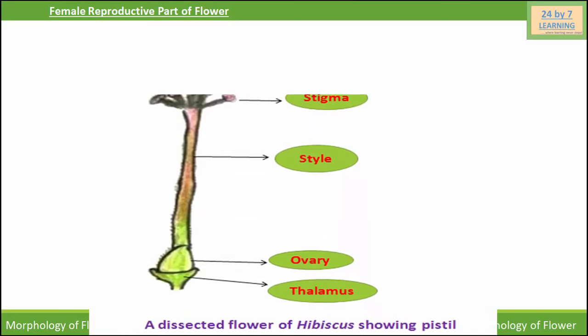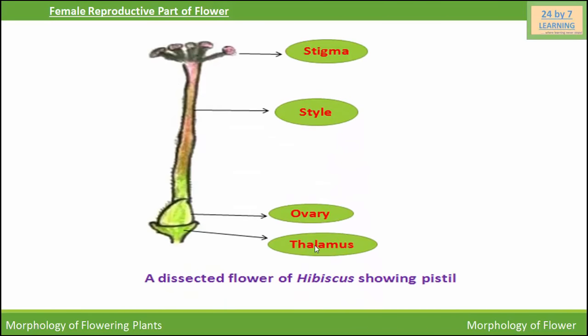Next we are going to discuss the female reproductive part of the flower, that is pistil. Pistil is collectively called gynoecium. This is the structure of a dissected flower of the hibiscus showing its pistil. Each pistil consists of stigma, style and ovary. At the end of the pistil there is a thalamus. Stigma receives pollen grains. Style is the elongated slender part below the stigma and ovary is the bulged swollen base